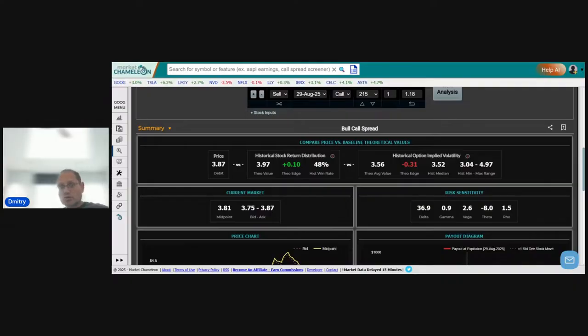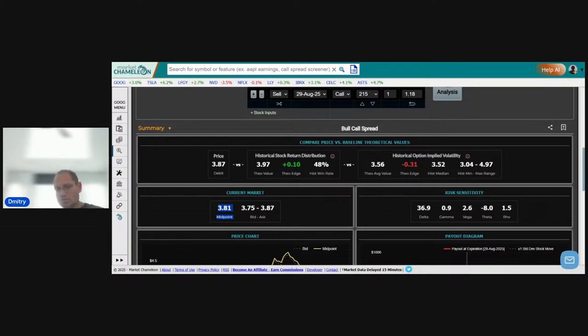and where you could potentially get price improvements. So this is a market where it's more than 10 cents wide, right? 12 cents wide. Well, that gives you room to try to get a better price. Even if you like the spread, you don't necessarily need to go right away and pay the 387. If the midpoint's 381, that's 6 cents below. It shows that there's potential price improvement because there is a spread that's wide, and something to keep in mind,